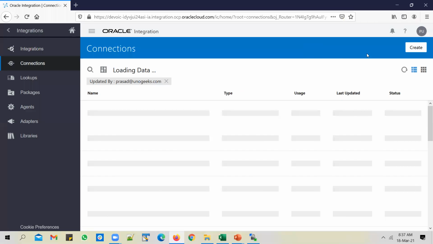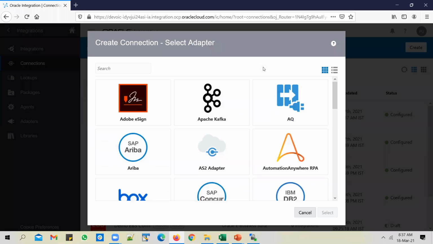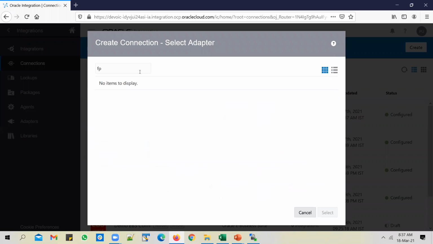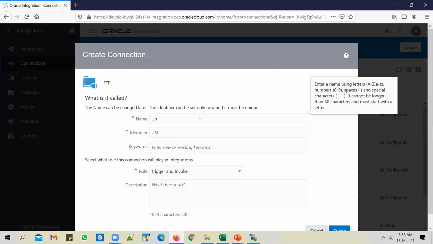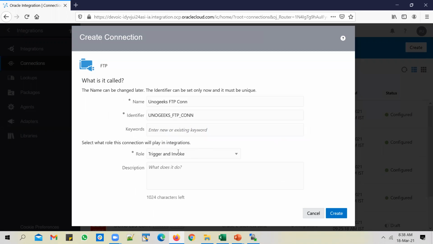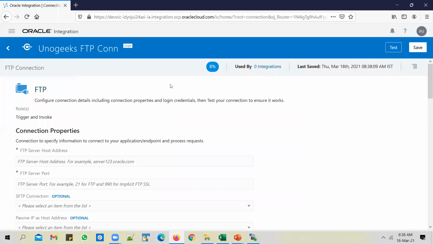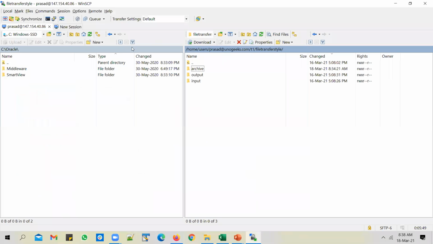So go to the Connections tab, create a new connection, search for the FTP adapter, create it, and call it the FTP connection. Leave it as trigger and invoke. And you will have to pass in the FTP server details here.